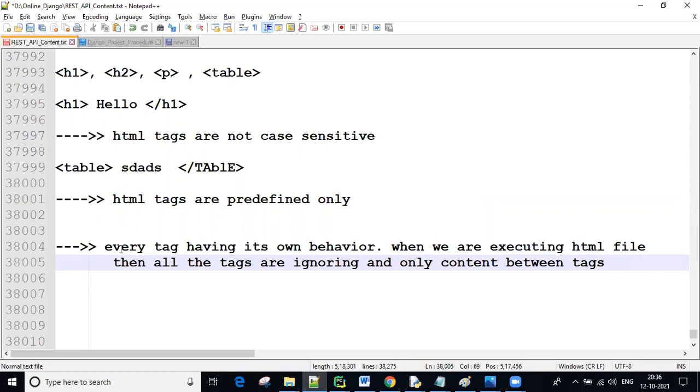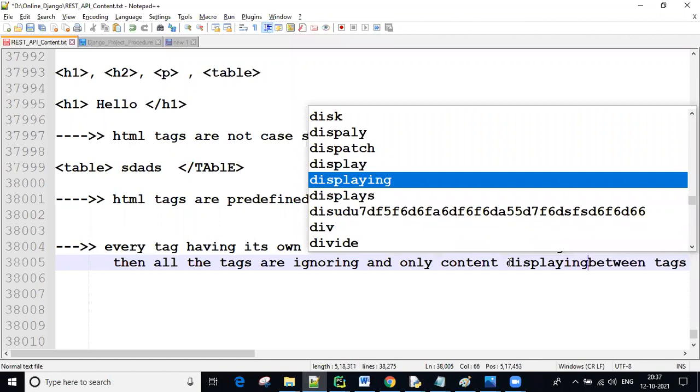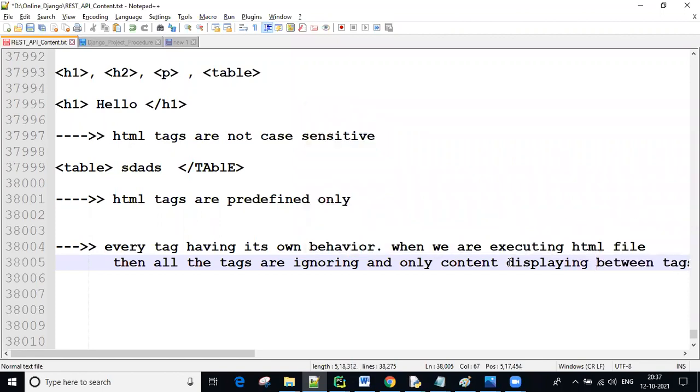In between the tags, whatever content is there, that is the only thing displayed. All tags are ignored and only the content between the tags is displayed.